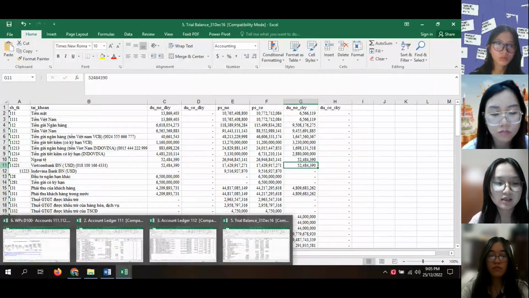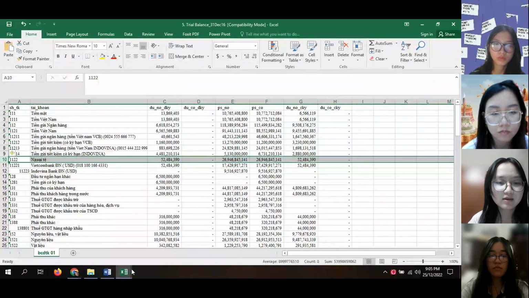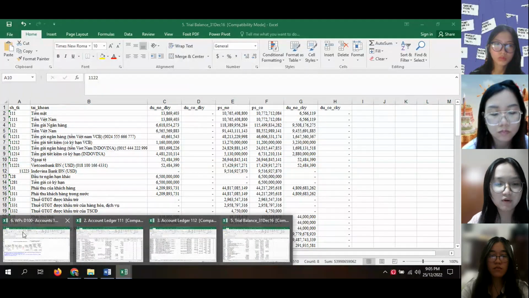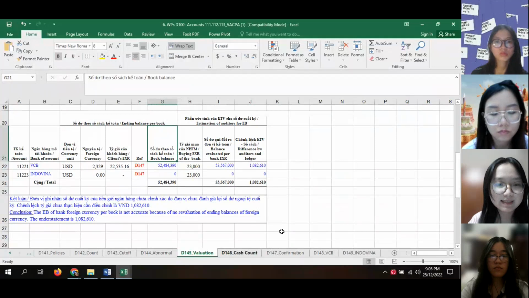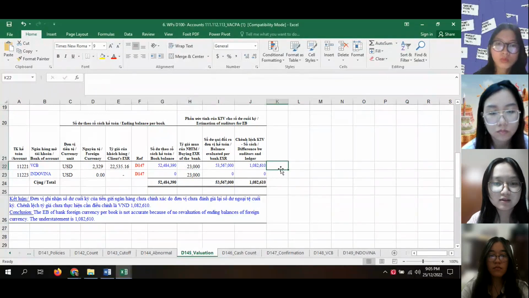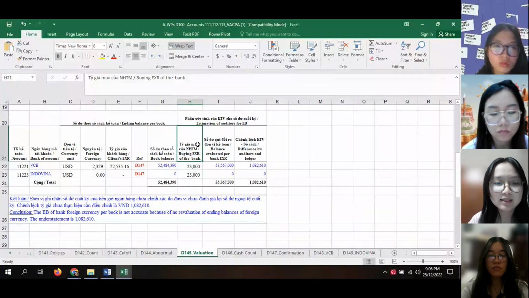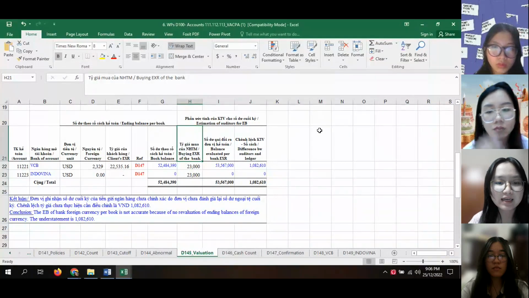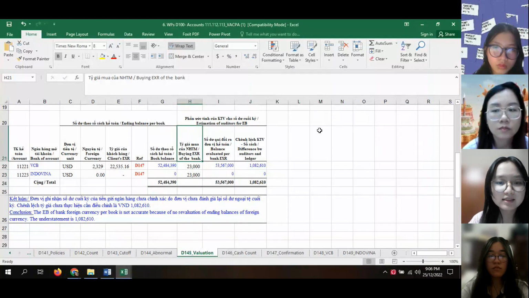Yeah, and we can come back with the 145, please. And about the buy-in EXR of the bank, with the balance evaluated per bank EXR, and from that the difference between auditors and